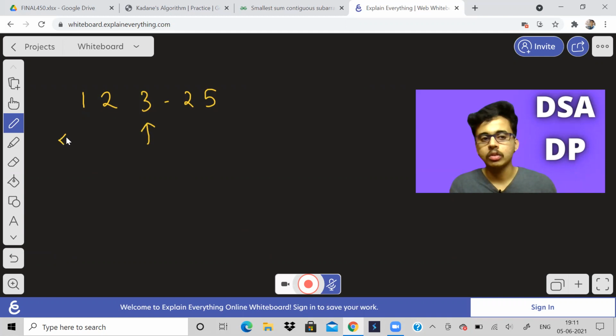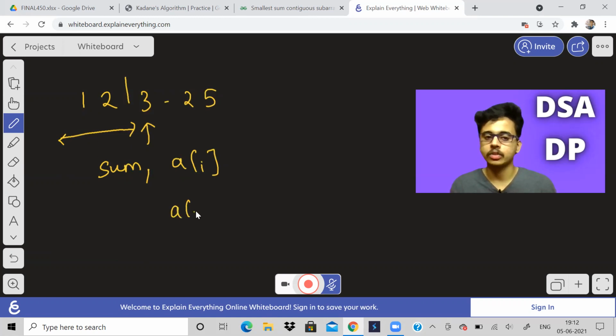I want to know until 3, like before 3, what is the sum? So I want to know that sum and I want to compare it with 3. So whichever is greater, maximum of a[i] or sum plus a[i], that I will store in sum again.